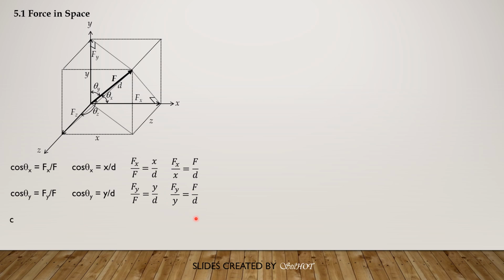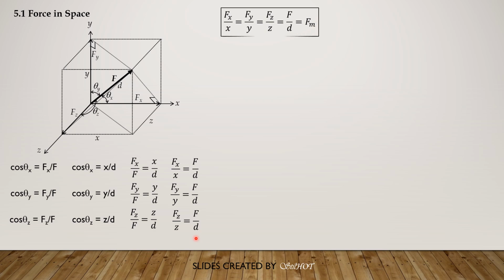Lastly, cosine theta z is equal to Fz over F, and also cosine theta z equals z over d. Equating, Fz over F equals z over d. Rearranging, Fz over z equals F over d. So Fx over x equals Fy over y equals Fz over z equals F over d, and this ratio F